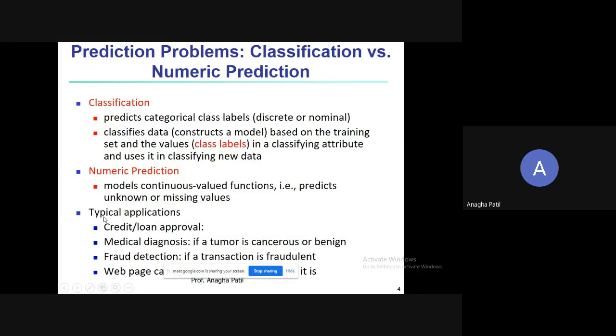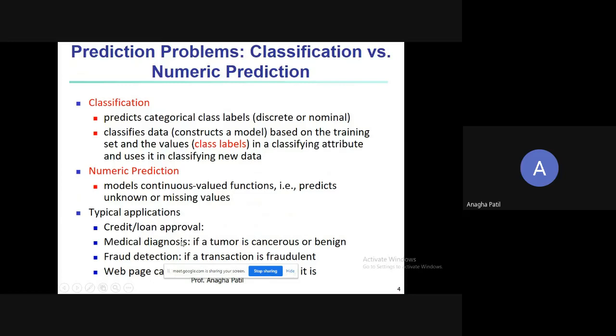And the applications of this classification, let's say credit or loan approval. Based on the record of a particular person, whether a loan can be approved or not, either yes or no. So the class would be loan approved or loan not approved.